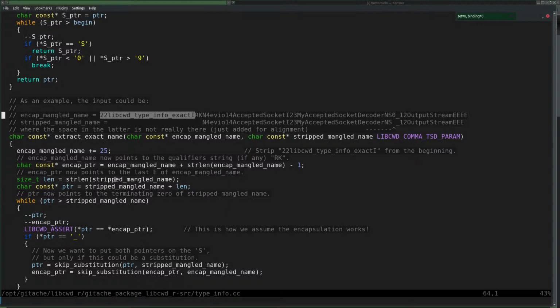Len is string length of stripped mangled name. Pointer is stripped mangled name plus len. Pointer now points to the terminating 0 of the stripped mangled name. While pointer is larger than stripped mangled name, decrease. If pointer is an underscore,